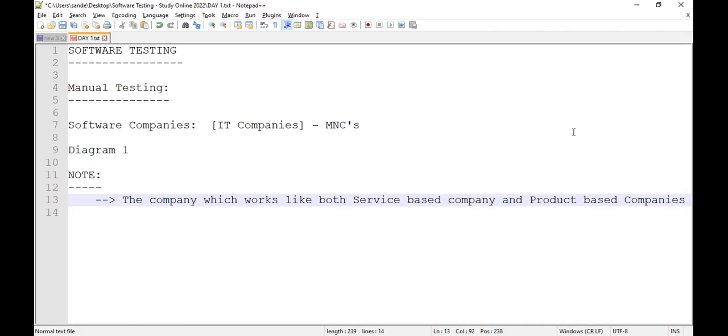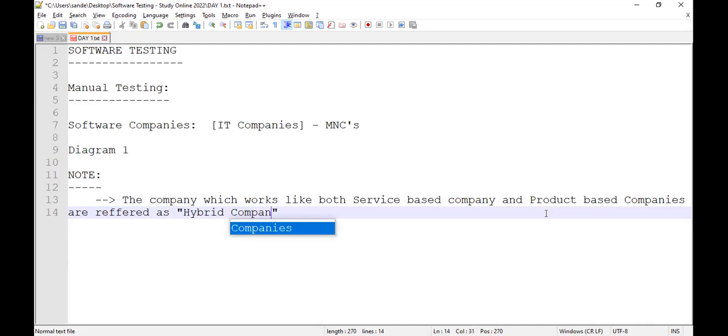The company which will work as both service-based company and product-based companies are called as, or referred as hybrid company. Okay, hybrid company or companies, anything.